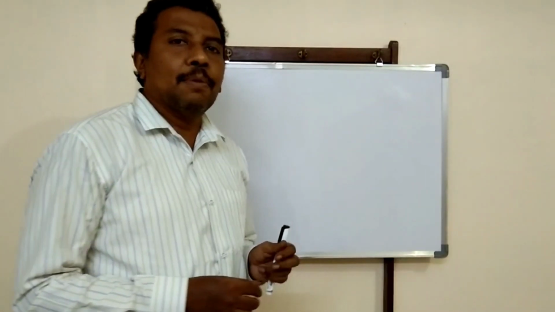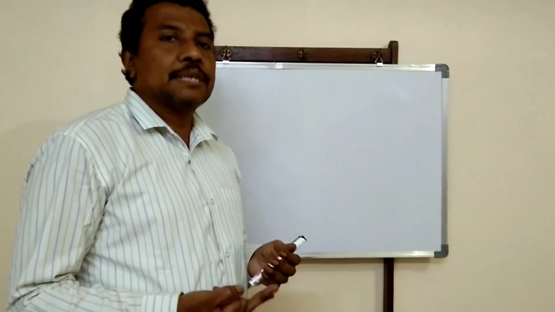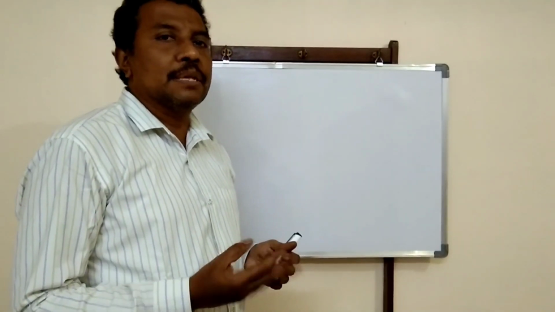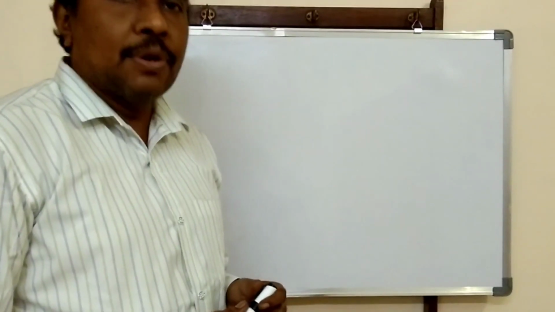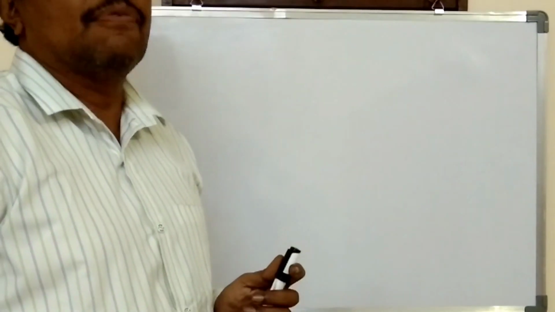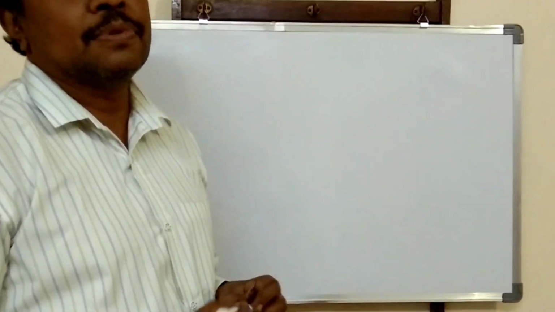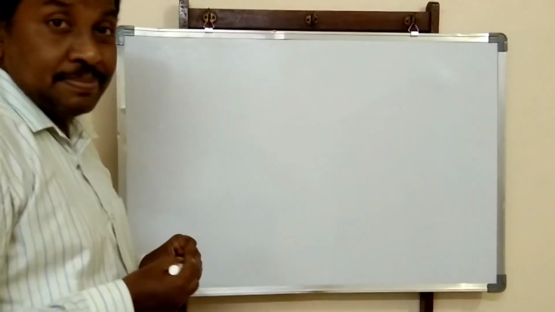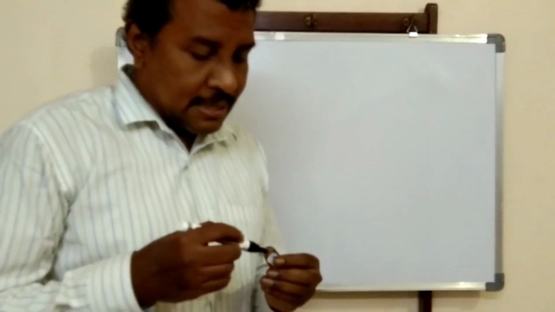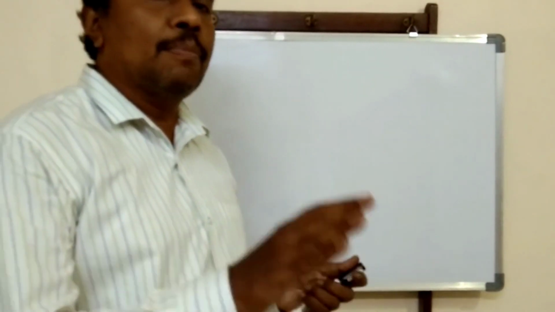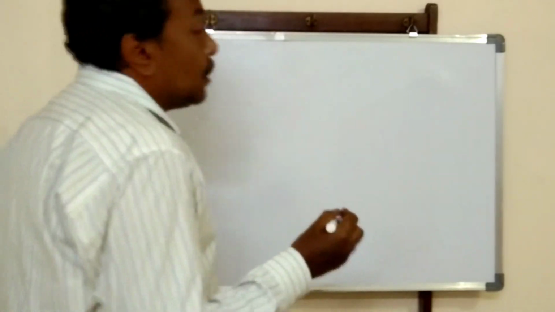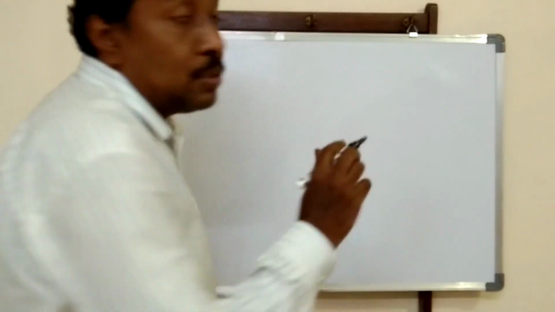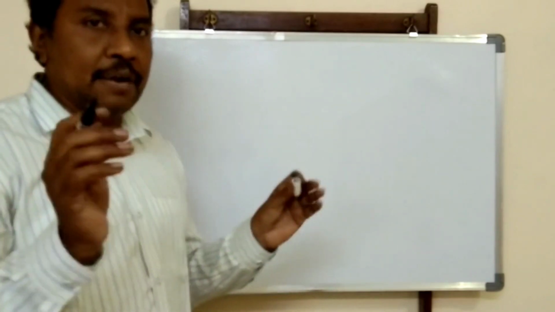In the last class we discussed addition, subtraction, and multiplication of polynomials. Today we are going to talk about division of a polynomial with a polynomial. First of all, we will discuss how to divide a monomial with a monomial. Before that, we need to talk about how to write a monomial in expanded form.